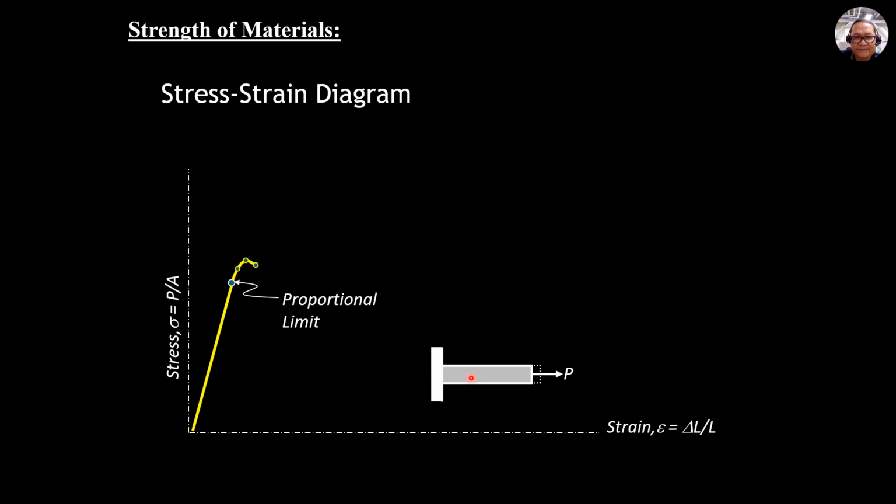Then when the load is further increased, it will reach a point where the material starts to behave as a plastic material. And there are 2 points there, the upper yield point and the lower yield point. So that's the elastic limit. We define it as the stress level beyond which the material can no longer go back to its original shape and size. So that's elastic limit, and we have the upper yield point and the lower yield point, the stress level where